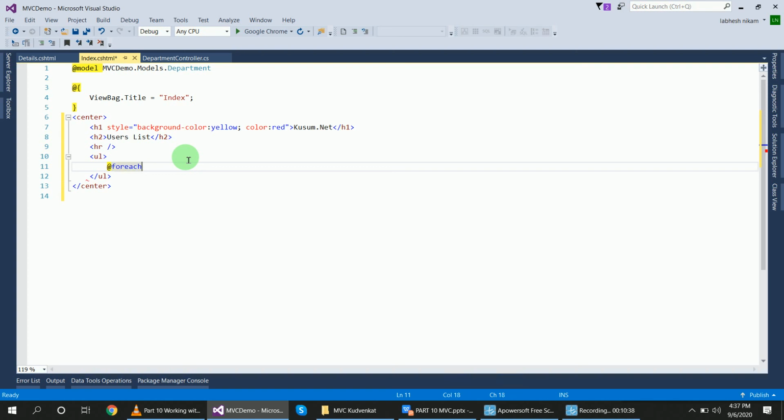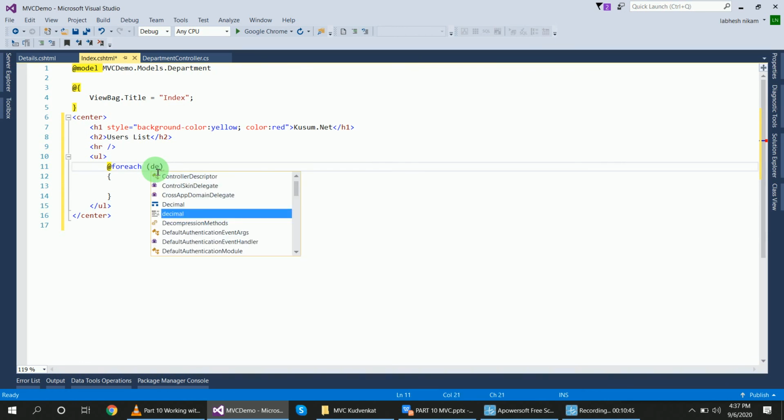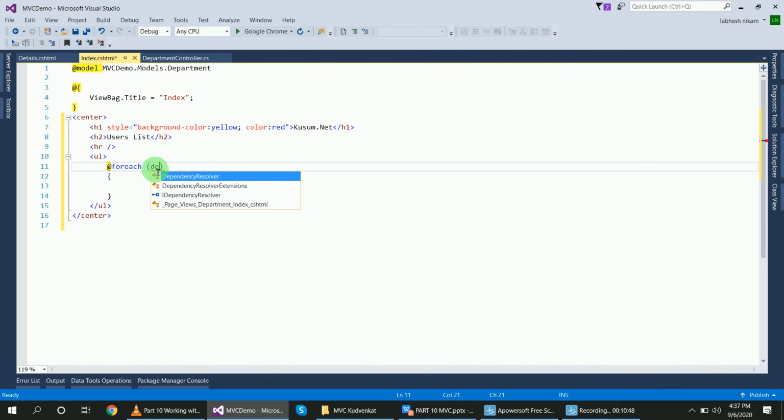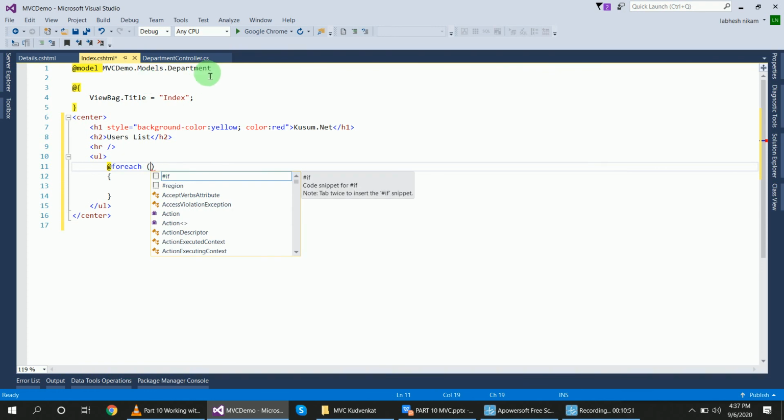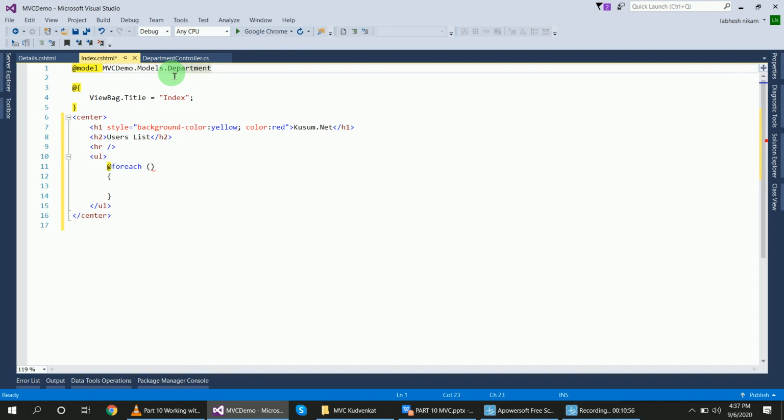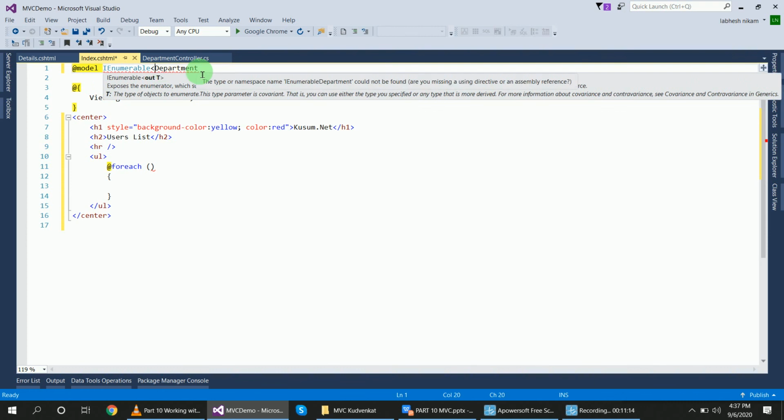Inside of for each, department, no, because what the model is this one, and I will use IEnumerable here because I want to create a list of department, right? So model department with IEnumerable. This keyword is used to display the list of data, right?